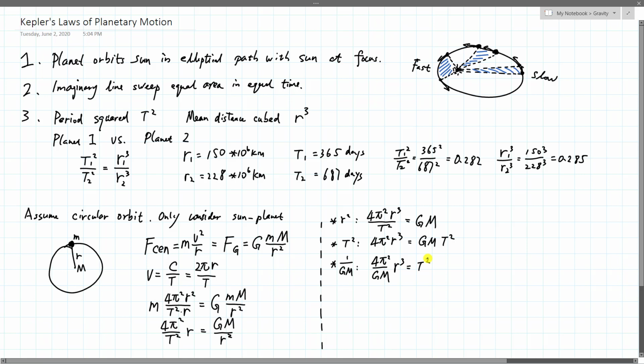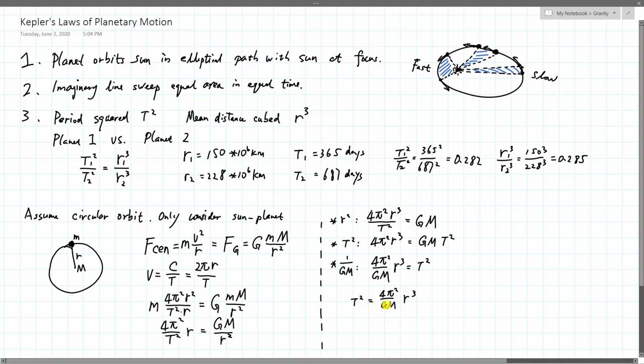So I can write this in two ways. One way is t squared is equal to 4 pi squared over gm r cubed. This is the alternative way to express Kepler's third law, to express the period and the radius